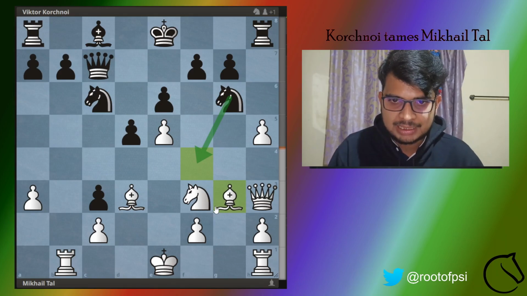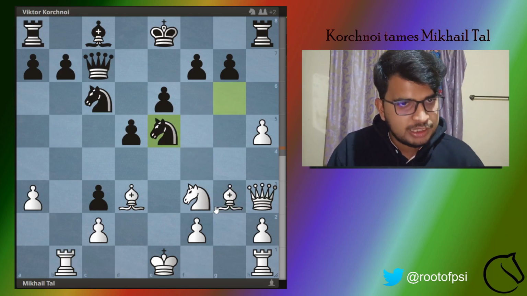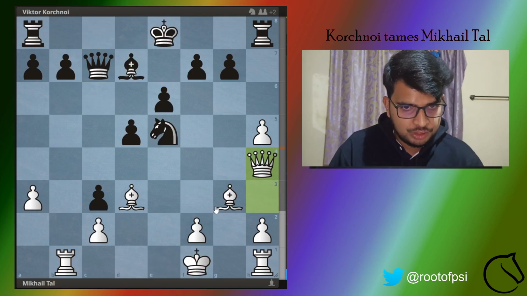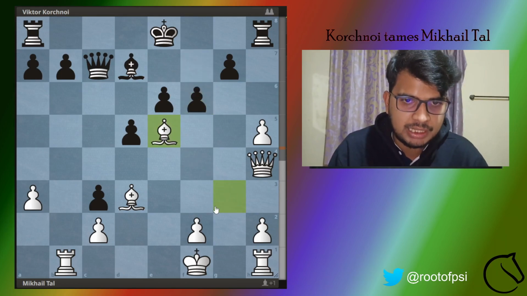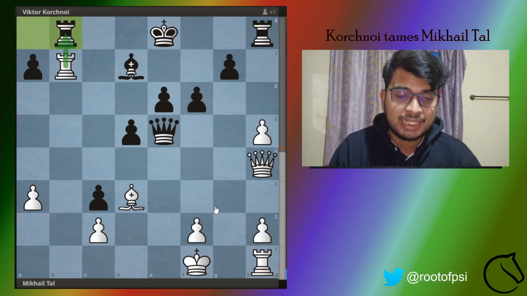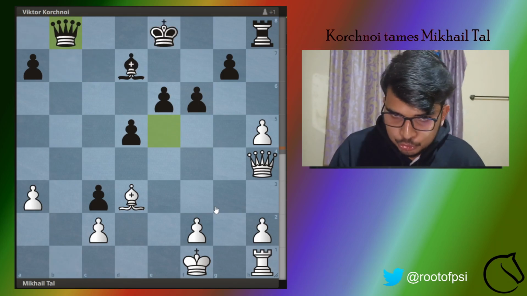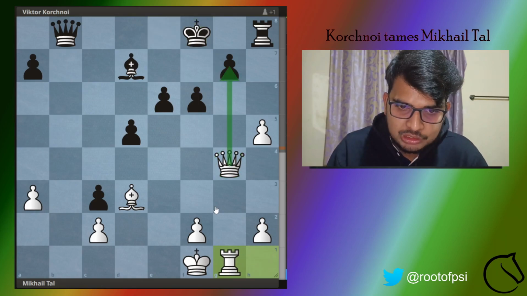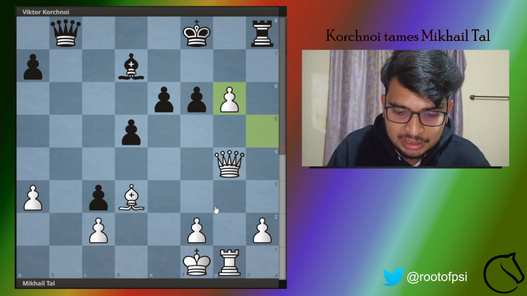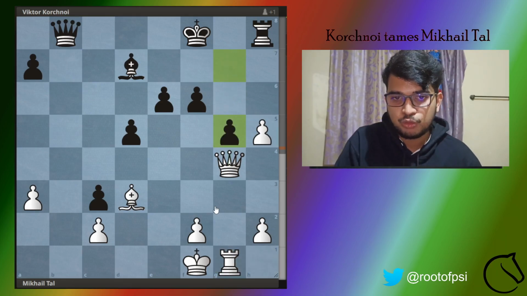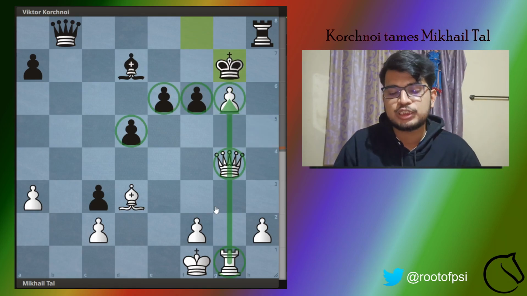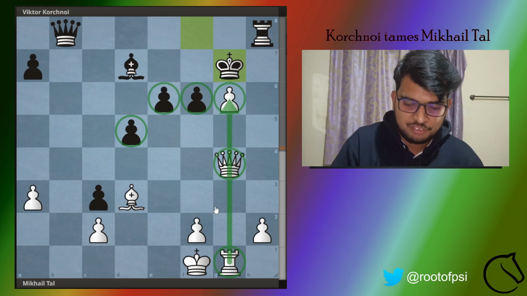And even though Mikhail Tal was creating some sort of pressure, Viktor Korchnoi just kept on taking pawns, and he also had a very good way to win in this position, but he missed that. But after that he kept on making good moves and did not allow Mikhail Tal to create the attack that he usually wants. And since Mikhail Tal was not able to create his attack even after a move like, let's say, rook to g1, Viktor Korchnoi was able to find this move of g5, and after it takes, you can just play king to g7, defending everything.